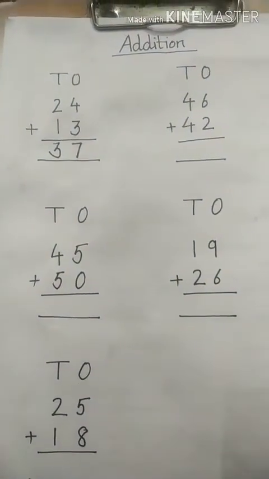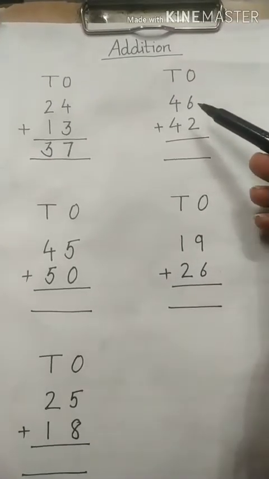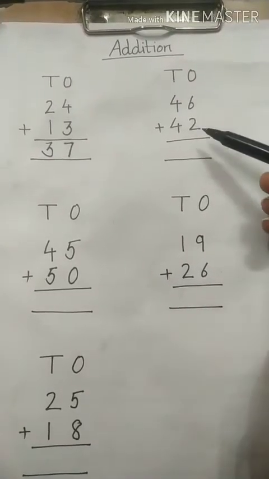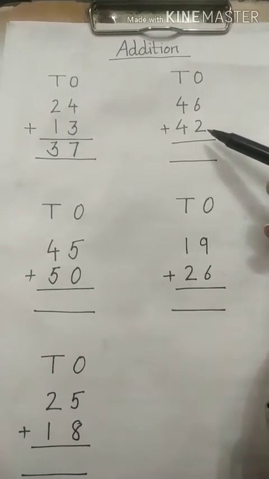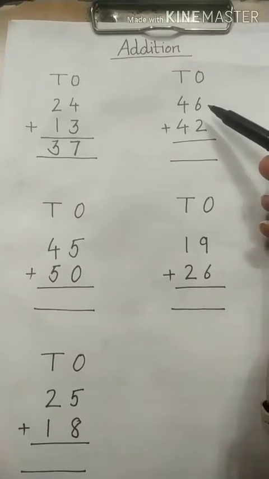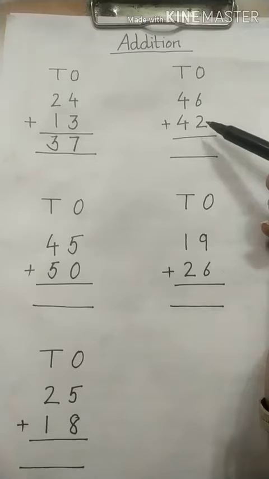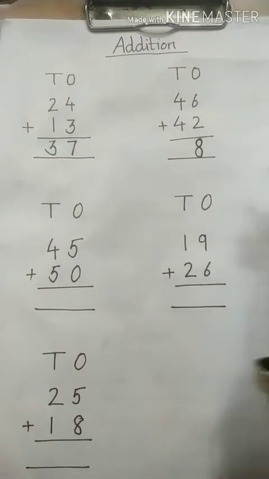So this was the way of doing the addition sum. Let's move to the further one. 6 in the mind and 2 fingers up. Then after 6 you need to move 2 times further. After 6 which number comes? 7, and after 7 which number comes? 8. So we will write 8 here.